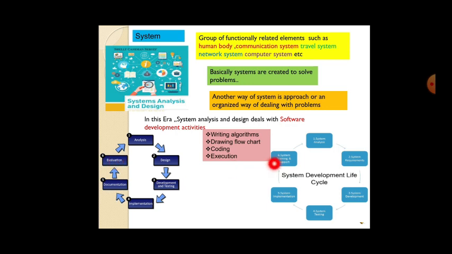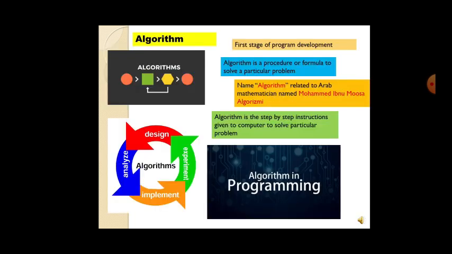One more image is there, that is system analysis, system requirements. What are the requirements of the system? First is analyzing the system, that is studying the system. Then what are all the requirements of the system? Then the development of the system, the testing, then implementation, training and support. This is the software development life cycle, which is very important for any person to write a program or do the coding.